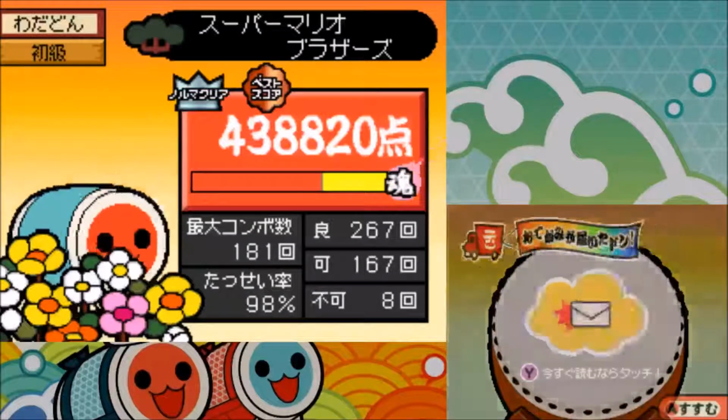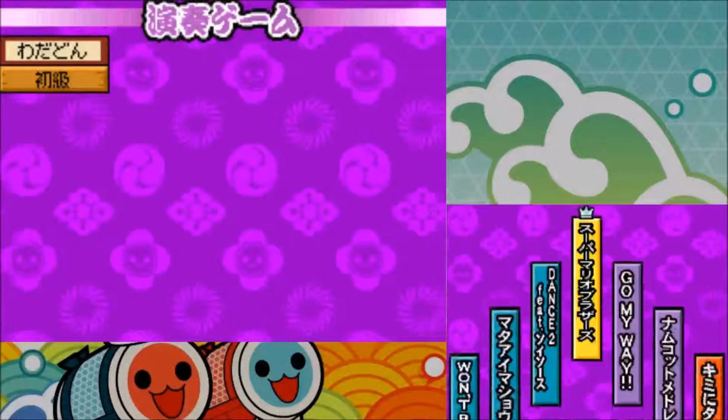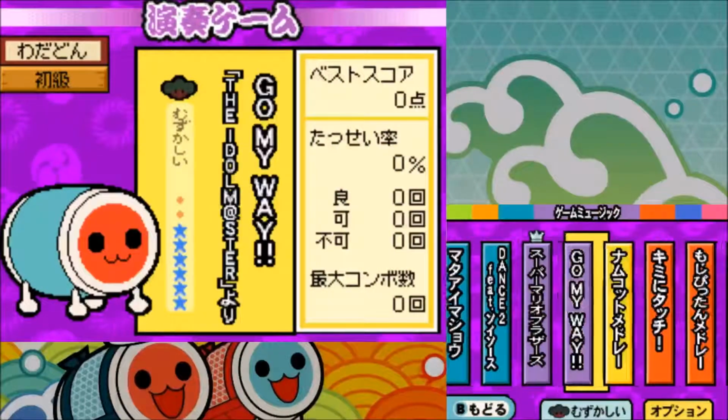Alright, give me a turn. Alright. Oh, we got mail. We're not gonna read it. That's the unlock system. I'm gonna play...